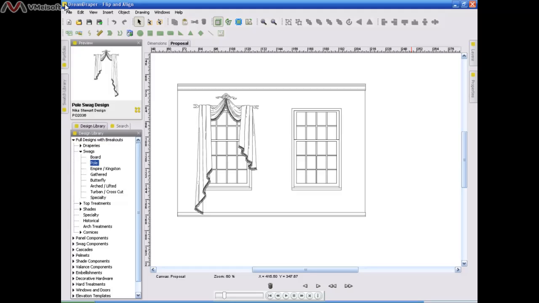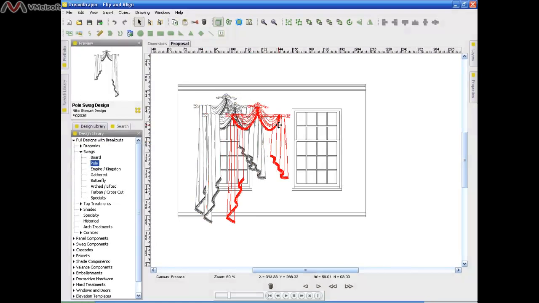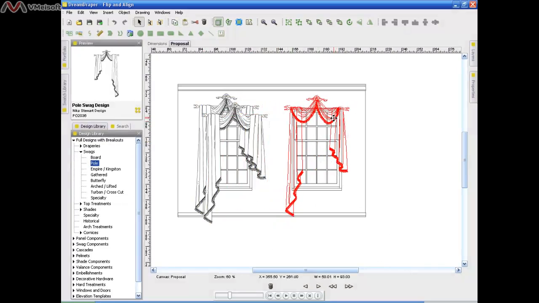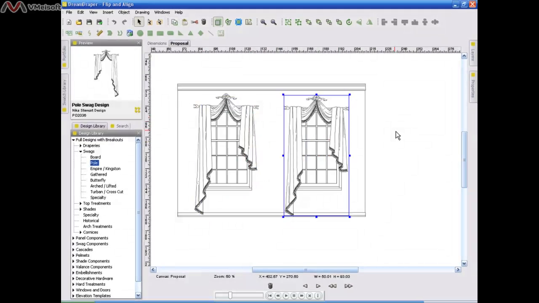Right now I finished the design for the left window and I want to replicate it for the right window. It's easy to do. You highlight the design with your mouse, and I'm going to click on the copy and the paste icons, and I will move that treatment over onto the right window. Now if you notice, both designs are slightly at a different height,